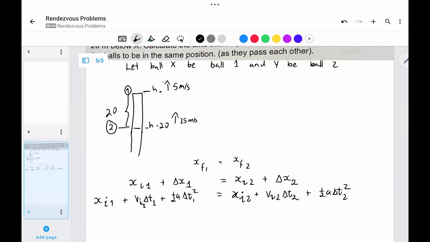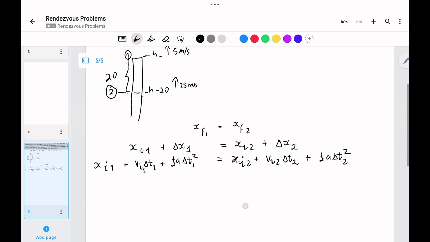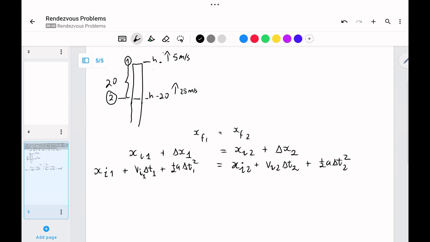Okay, so you might think that we are in a little bit of a bind because we don't know what the initial positions are explicitly. I mean, we don't have a number. Not to worry. You have something about height h on both sides of the equation. The h's are going to cancel. The initial position of object 1 was h. Again, I want to say up is positive. So I have initial position object 1 is h plus